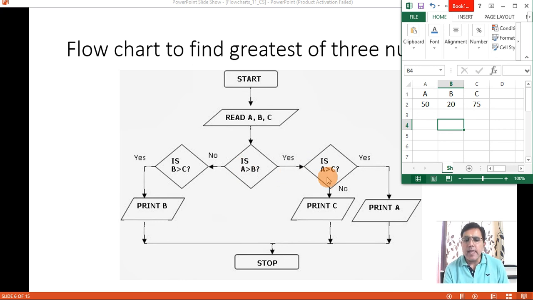Now it will compare A and C. Here we have come to know that A is greater than B. Here we are checking whether A is greater than C also or not. So now it will compare, is 50 greater than 75? No. No means it will follow this path here. In the no branch it will go and then it will display print 75. After printing 75 it will come here and stop.